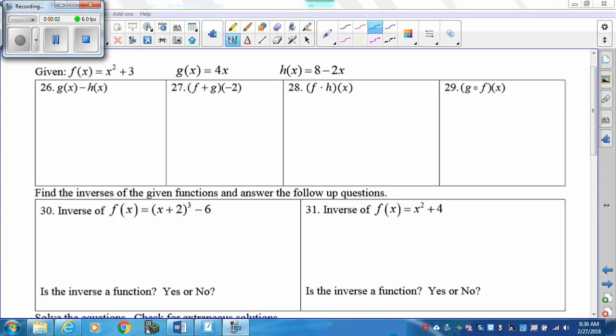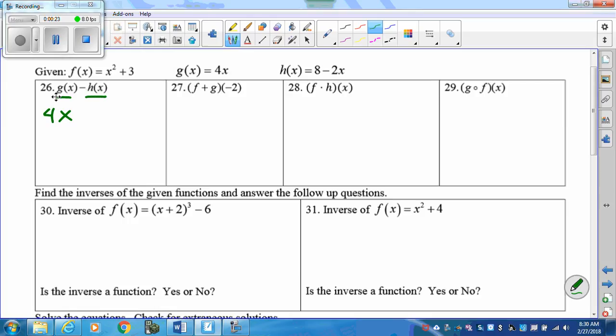Okay, we're going to use these functions and either subtract them, add them, multiply them, or you can have a composite function, one function inside another function. So if we're subtracting the functions, you just substitute what you've got. So I'll take g of x, which is 4x, and put that in for the g of x. And then I'm going to have minus, and then h of x is 8 minus 2x. So I just substituted the functions